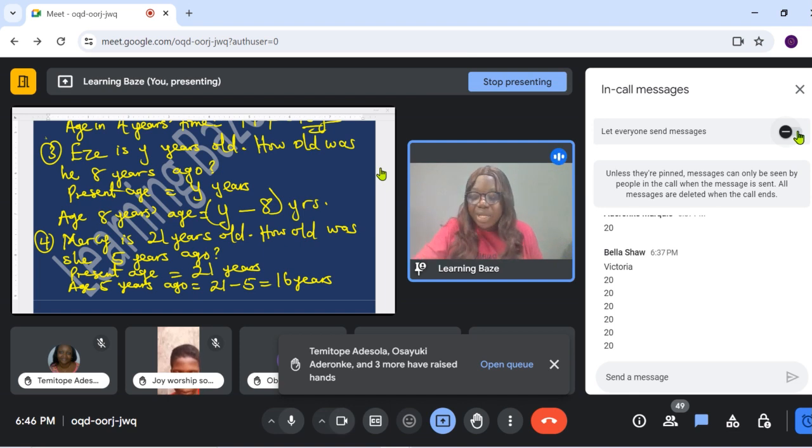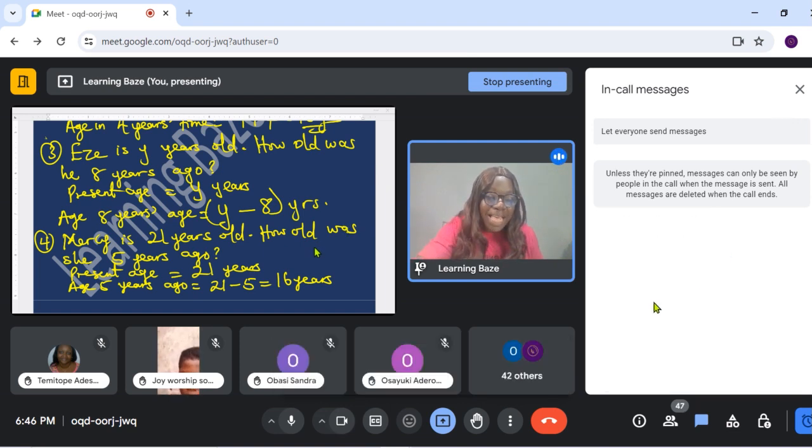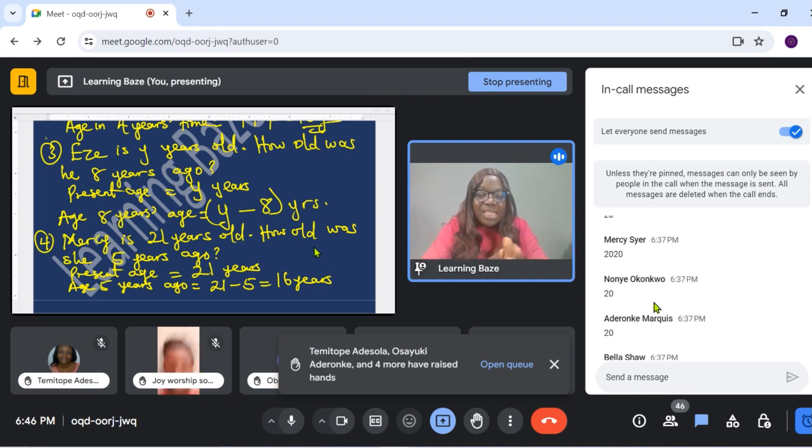5, 4, 3, 2, 1. Post your answer now. I'm going to close the comment section. Post your answer and your name beside your answer. I'll be closing the comment section in the next 5 seconds so that I can mention those who will get my stars tonight. Are you excited? John's age is B years old. How old will he be in 2 years' time? 5, 4, 3, 2, 1, 0. I'm closing my comment section.